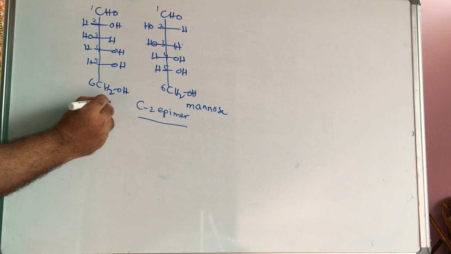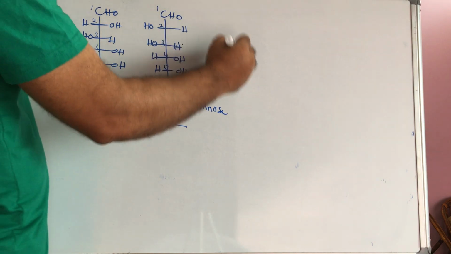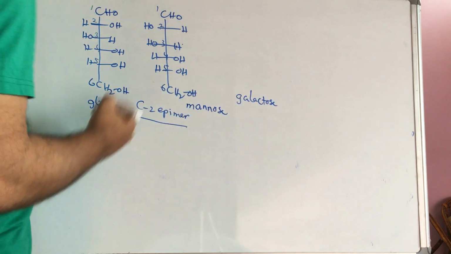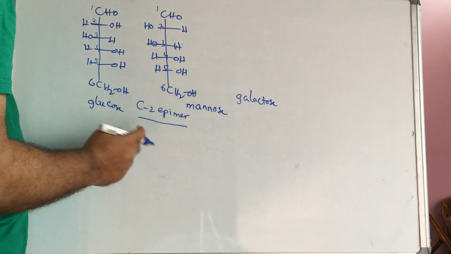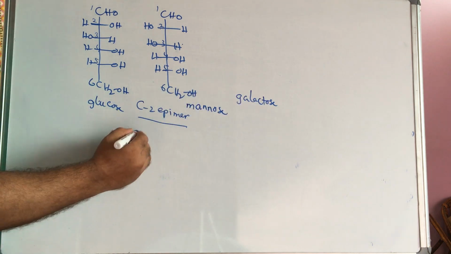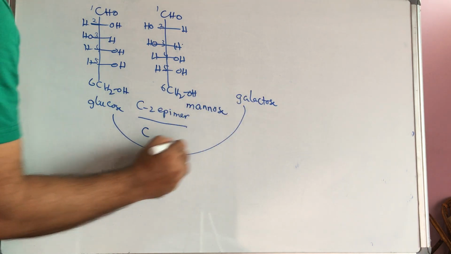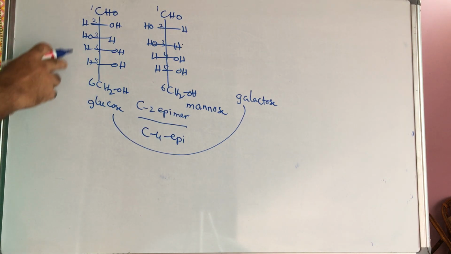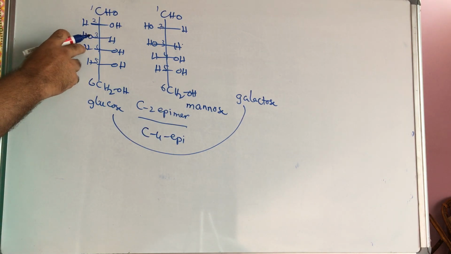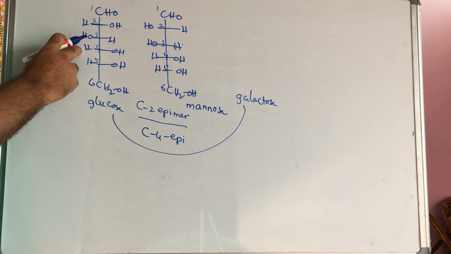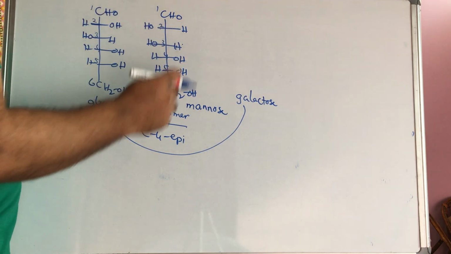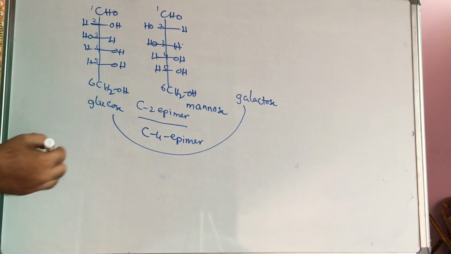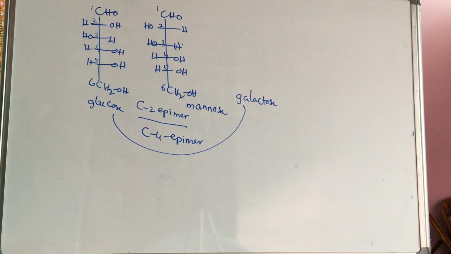This is glucose. Similarly, galactose. I am not writing it out, as it is a somewhat time-consuming process. Glucose and galactose, these two are C4 epimers. It means the configuration is different at the fourth carbon. Here it is on the right side, in galactose it will be on the left side, the remaining will be the same. So these are C4 epimers. This type of question will be asked in competitive exams.